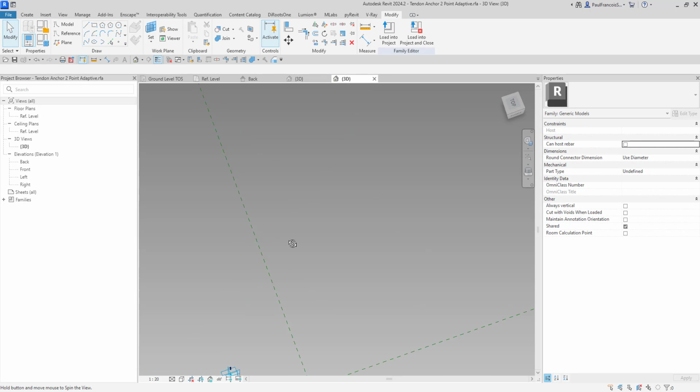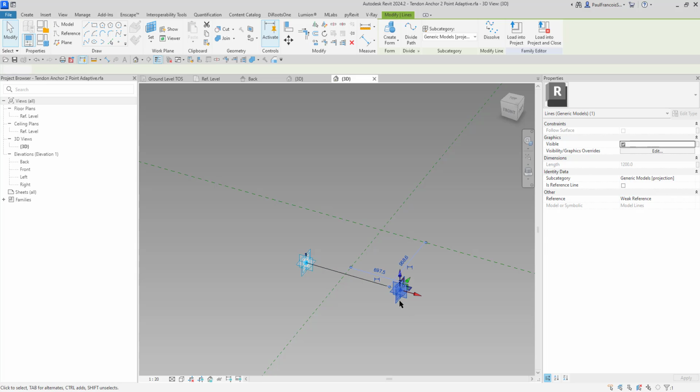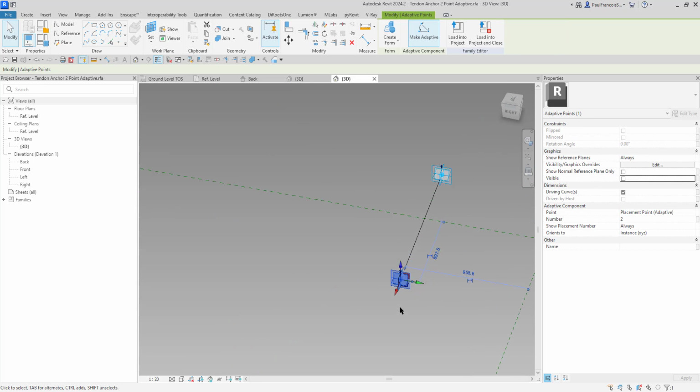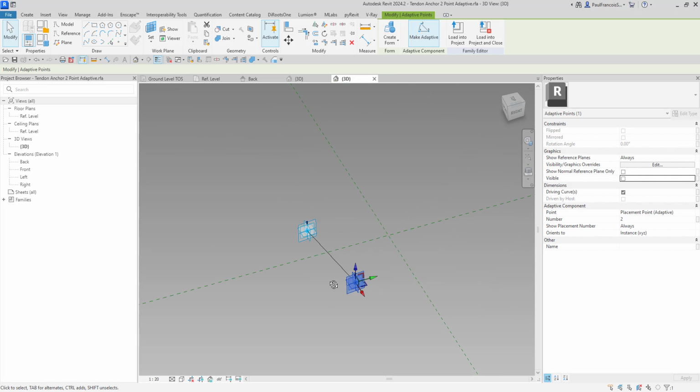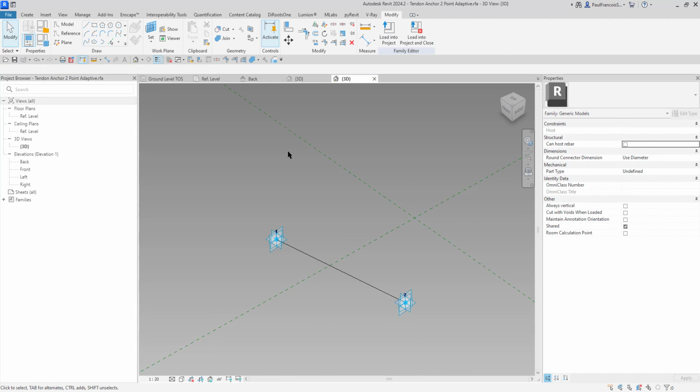It's got a 2-point on that plane, at the base plane where we drew them. And you'll see what happens when we move one of these adaptive points, the points that we place them with. It's got little arrows that you can drag them along in one direction, RGB being X, Y, and Z. And then we've also got these little angles in the plane that we can actually move them around. So that's the basic idea, is that we've got these 2 points, and they'll be placement points in 3D. And what we do now